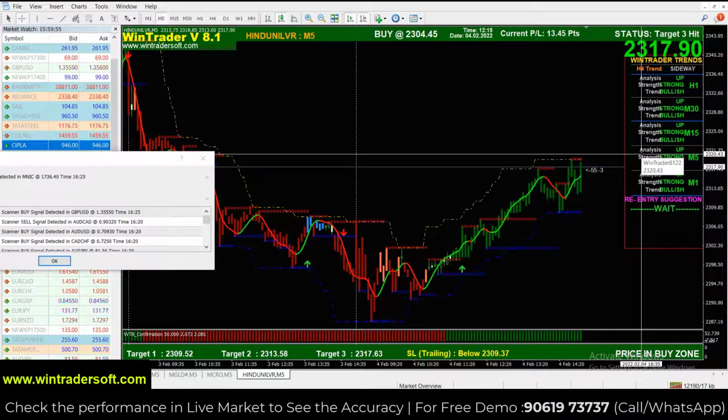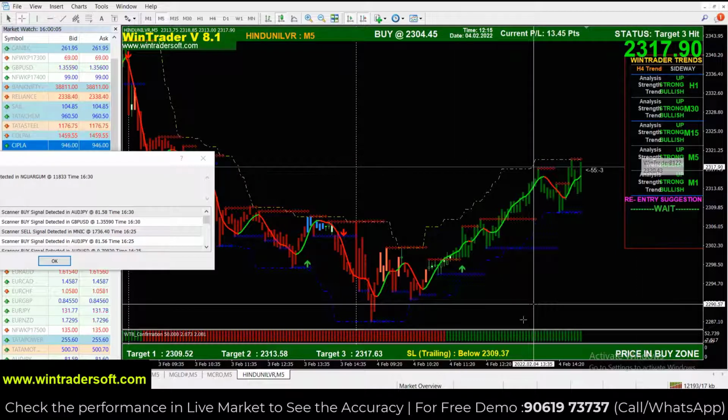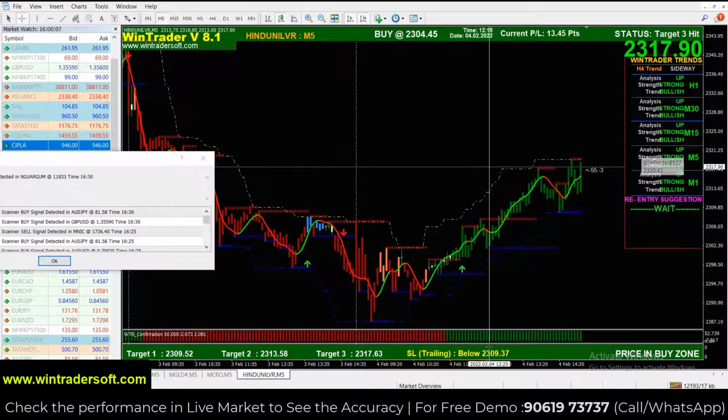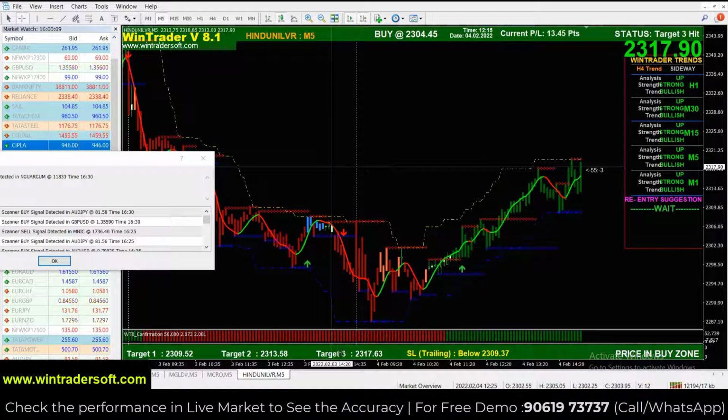So it's very simple to follow. First, as I told, you have to wait for the arrow. As per the arrow, you just take the confirmation. If the confirmation is okay, then directly you can take the position. And as per that, you can see the stop loss will display below, and the target also will display here. You can exit with your target.